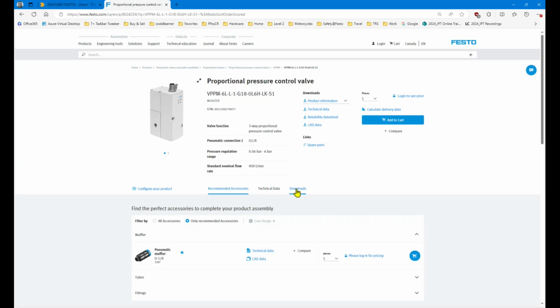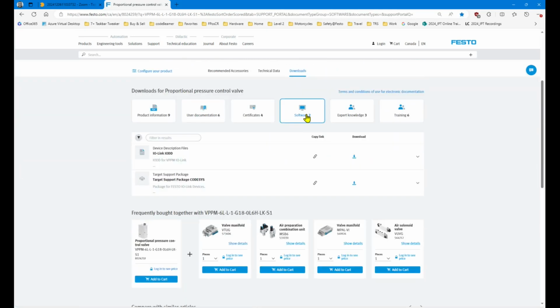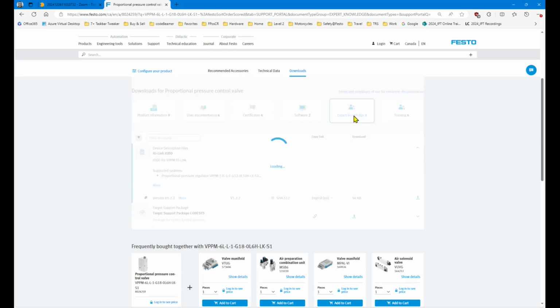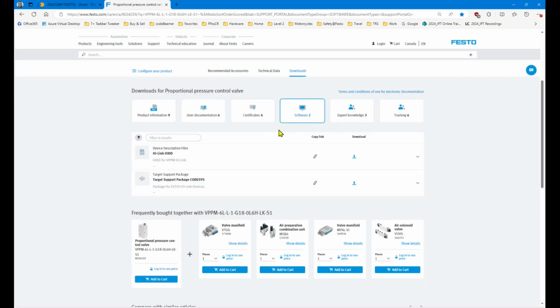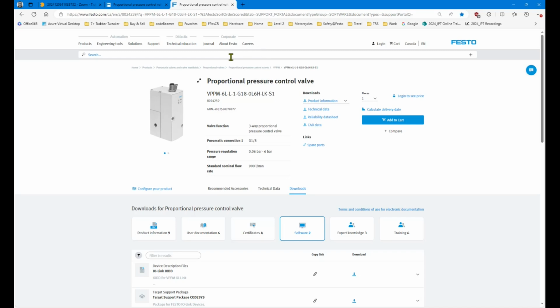And then at the bottom, we have downloads, software. So for the VPPM, we have IO-Link IODD files. We're going to need this, so we're going to download this. And under expert knowledge, there's nothing applicable in this case. So we'll leave this open. I'm going to duplicate this tab, and we're going to next go to the